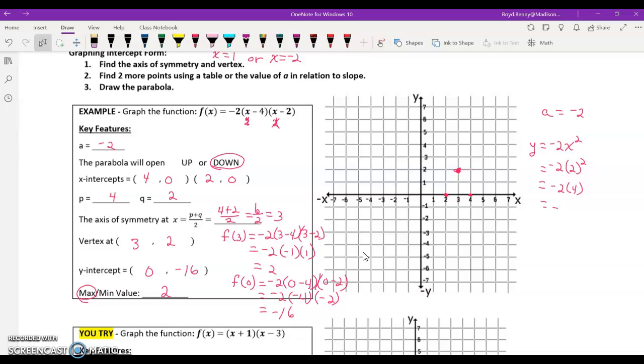So I would actually be going down 8 spaces. So if I go out 2 and I drop 8 spaces, I would be down here at negative 6 on this side and on this side. And we know that's true because our axis of symmetry or reflecting line is right here. And so this curve doesn't look exactly like this because it's really difficult to draw on this tablet, but something like that. Okay, guys, so I would like for you to finish out the remaining 3 on this paper